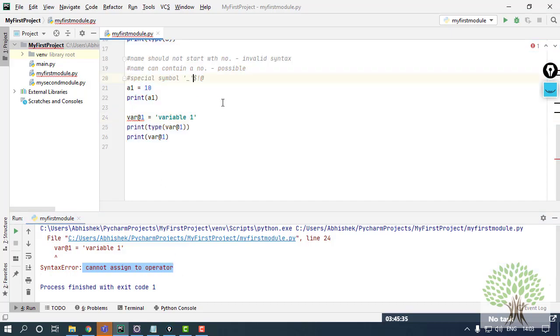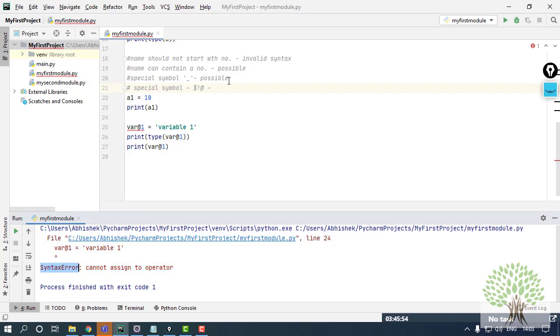So that's why I told you that this is not possible. Underscore is possible, but other special symbols are going to give you a syntax error.